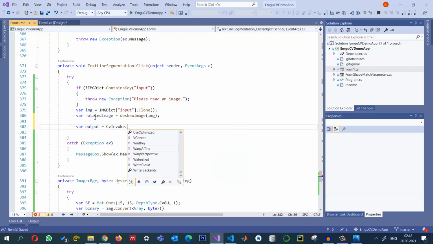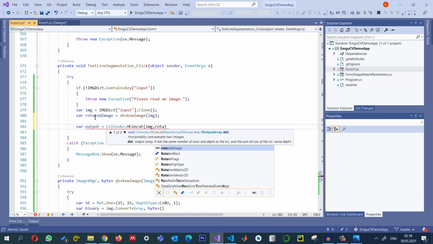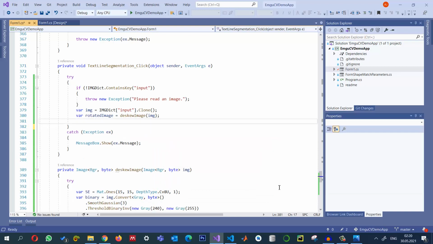CV invoke dot horizontal concatenation. So we have this method. Let me try to concatenate these two images, img and the rotated image, together. Okay, so once we do the skewness correction, the next thing that we will do is to segment the text